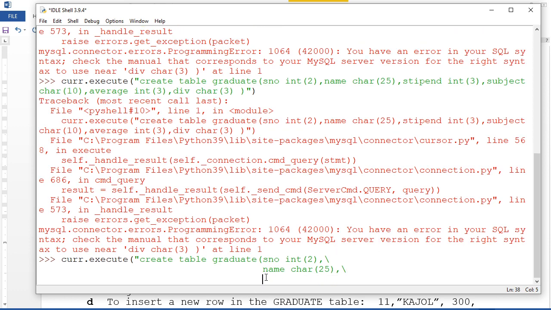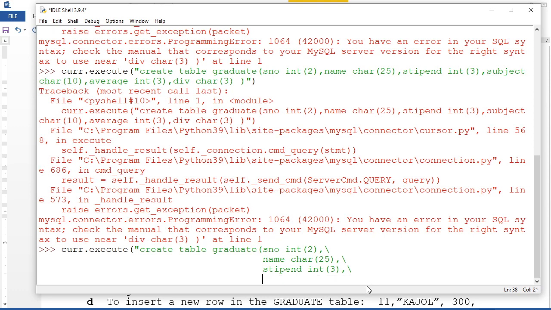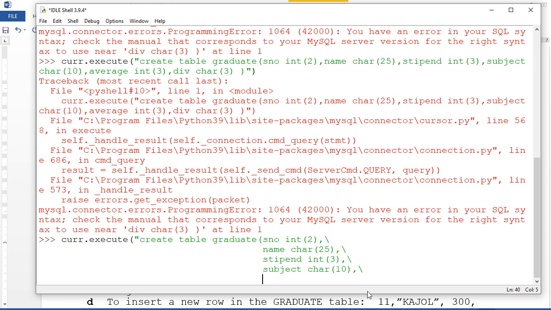See, the cursor remains here, so Python understood that I am typing from here only. Now the third one is stipend, which is integer 3. Then again a slash and enter. Then subject, and again enter.